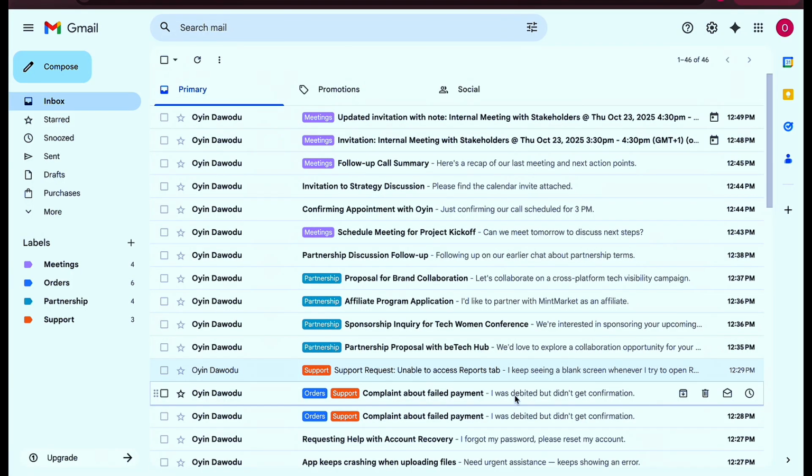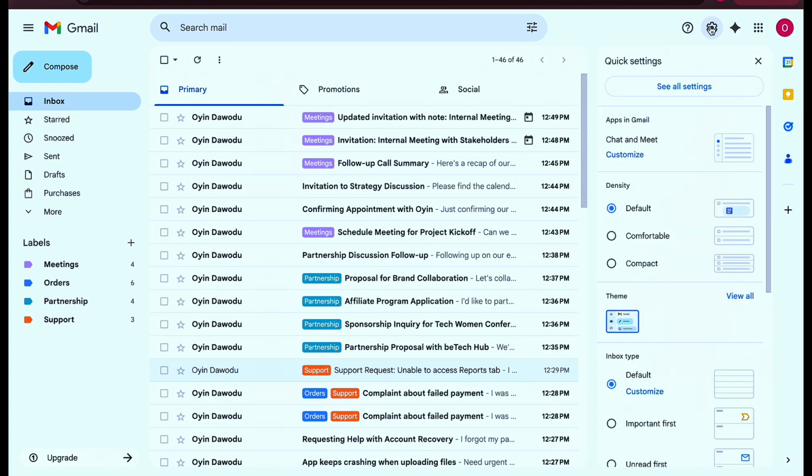Now that your emails are organized, let's save time replying to them. Gmail has a hidden gem called templates. That way, instead of typing the same "thank you," "we received your order," or "we'll get back to you soon" messages over and over again, you can save them as reusable replies by coming to your Gmail and